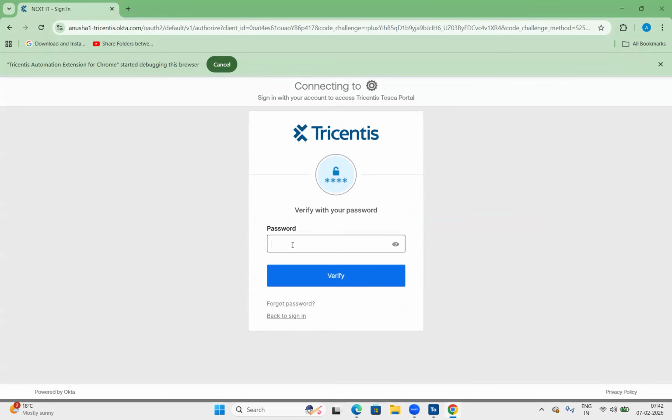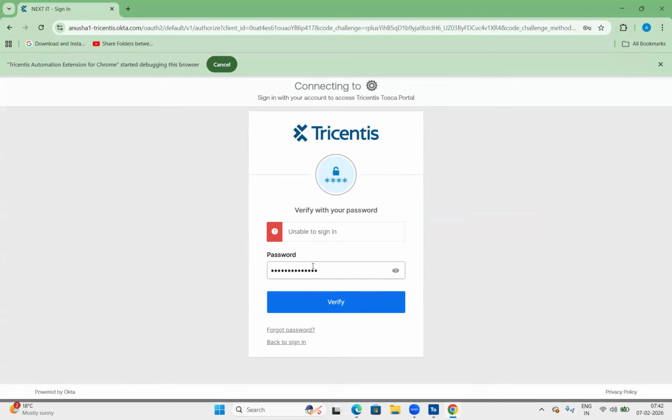So if you want to connect to Tosca Cloud, a business mail ID is required, guys. And even this is an authentication login data. One second.